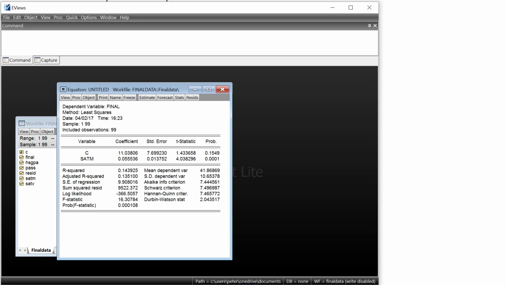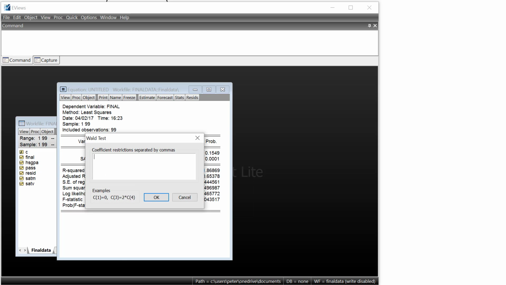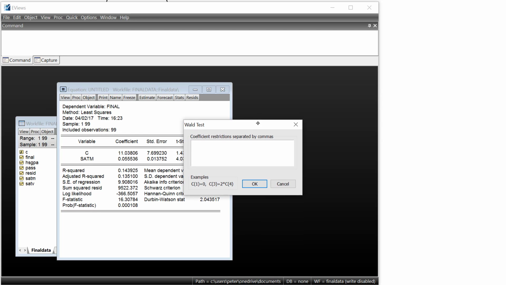In EViews, you would perform this by going to View, Coefficient Diagnostics, and Coefficient Restrictions, the Wald test. And then you would simply type in the restriction you want to test. So if you look at the example, C(1) refers to the first coefficient in the list. So SATM would be the second one. So if I want to test if beta 2 is 0.05, I would type C(2), because that's the second one, equal to